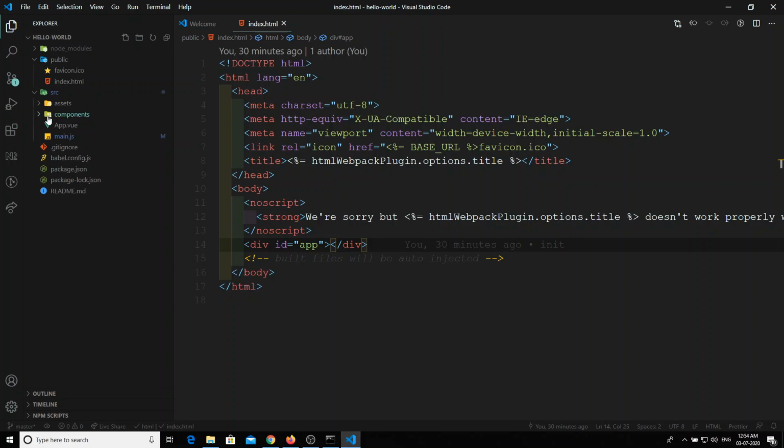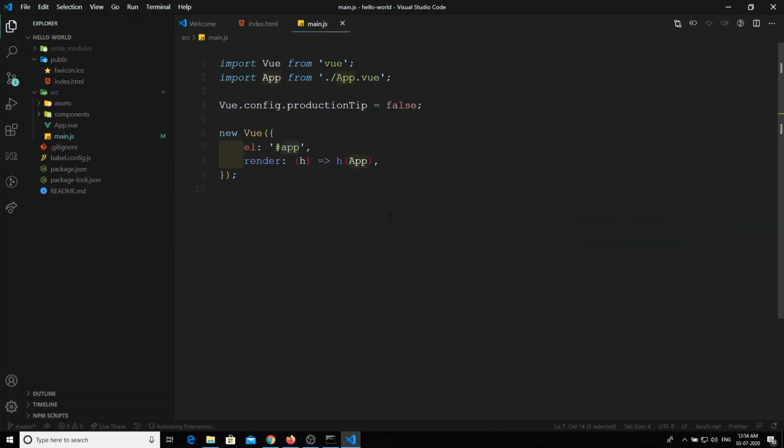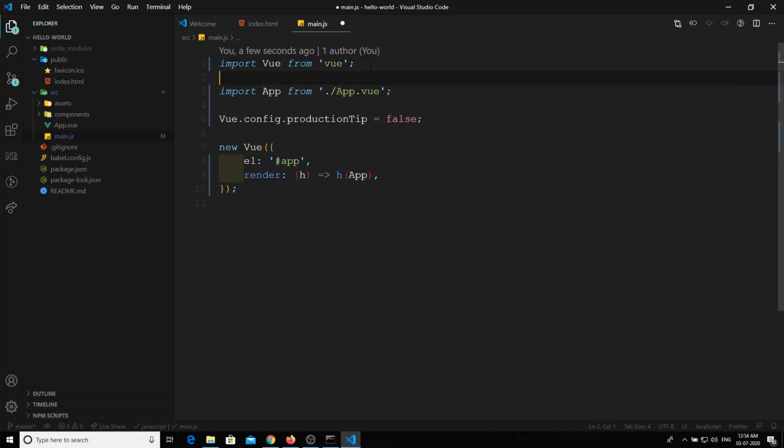The entry file goes first to main.js. In main.js, first it is importing Vue. Previously we imported it directly using the script CDN file. Now we are importing Vue from node modules. Here it has created a new Vue instance with the element #app.